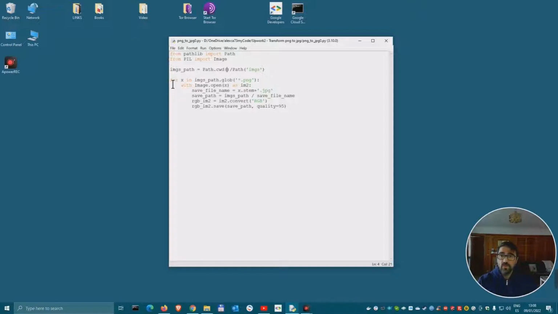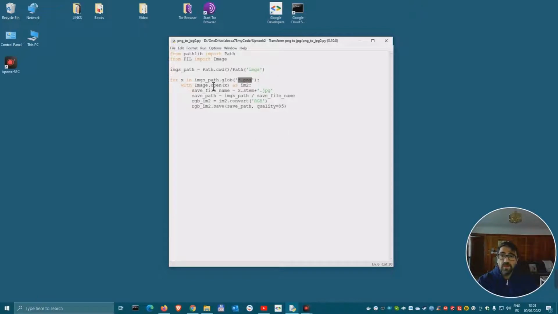We need to go through all the files in that folder, and we can do it this way with this for and this method of this path. In this case, with this method we are going to filter for the PNG images in case we have different files there. We only take those,